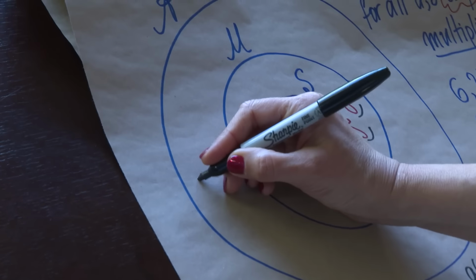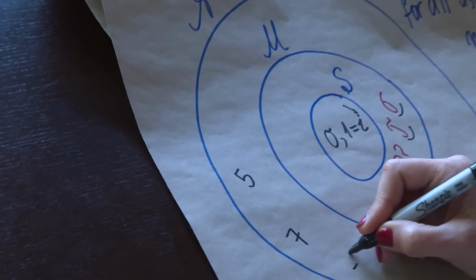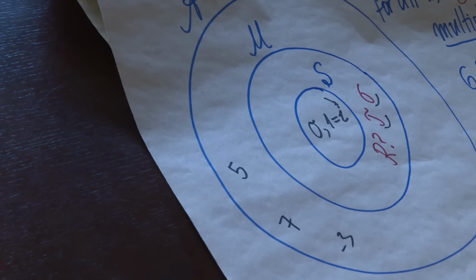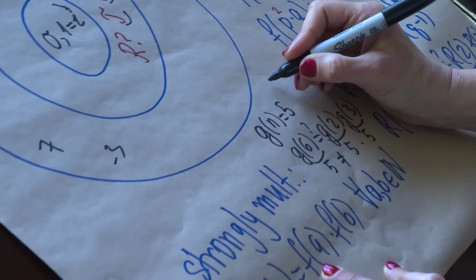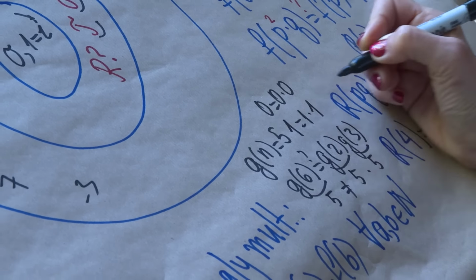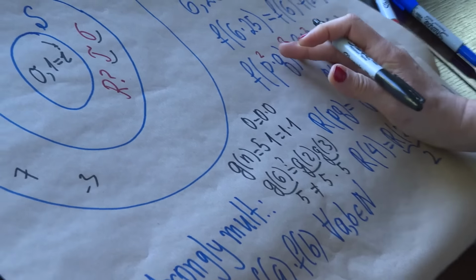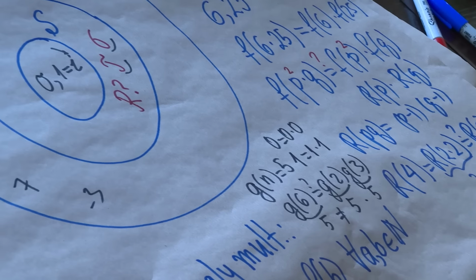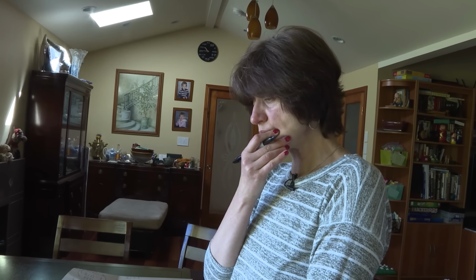Those other constant functions better be outside here. But 0 and 1 are always going to work because 0 is equal to 0 times 0 and 1 is equal to 1 times 1. You can see very easily there is no other one. So, okay, this is good. What else do we want? We want an